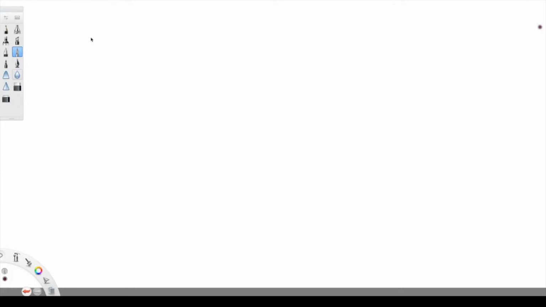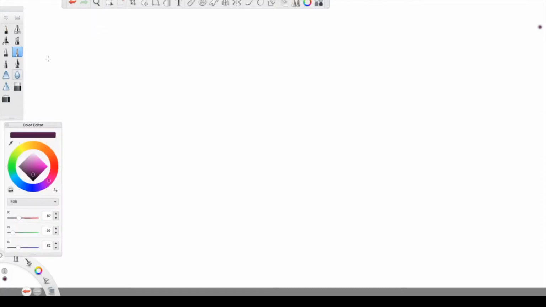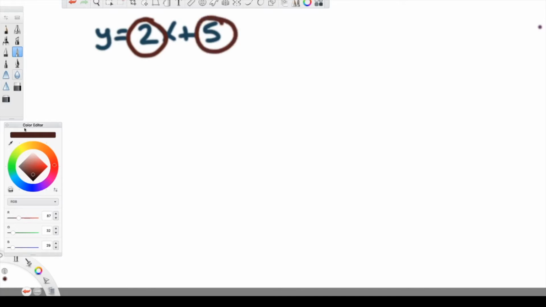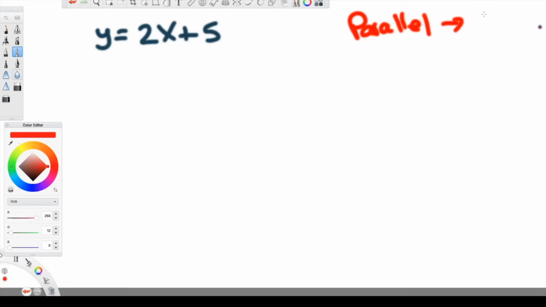Alright, today we're going to be doing parallel and perpendicular lines. So, parallel lines: if I have an equation that I'm going to write here, y equals 2x plus 5, right? We'll be able to identify the slope, which is 2, and 5 as the y-intercept. Then, for parallel lines, the slope is going to be the same. Slope is the same, but the y-intercept